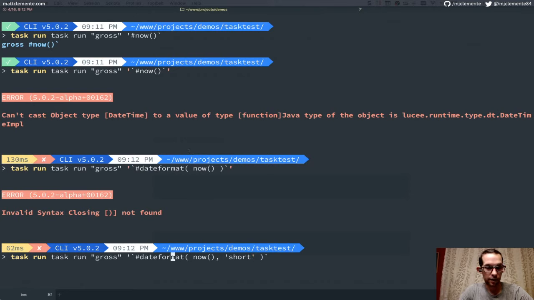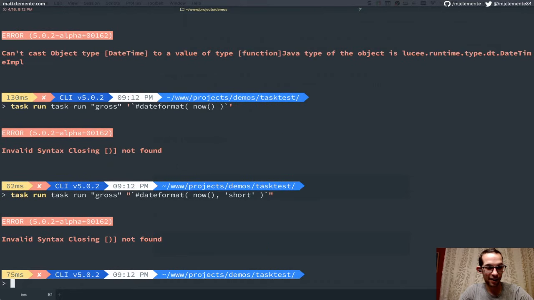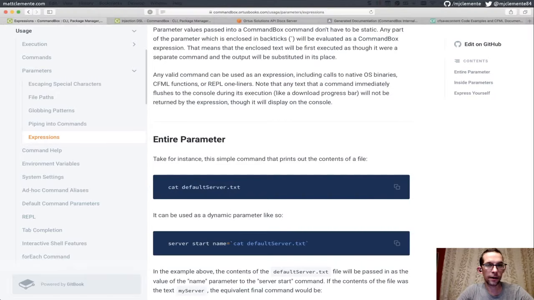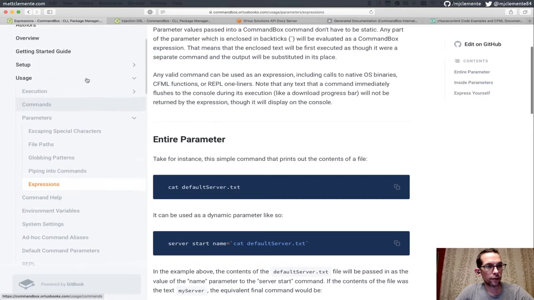What's kind of nuts here, if this works, is that we're running ColdFusion code directly in the CLI. Wait, invalid syntax, closing parentheses not found. Ah, because I didn't close the date format. No, I did. It's right there. Let me look here. I have to remember how I can run